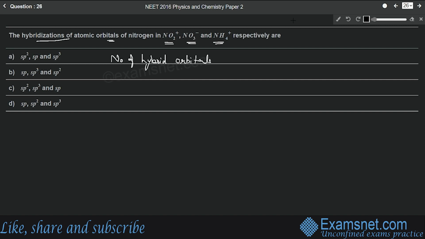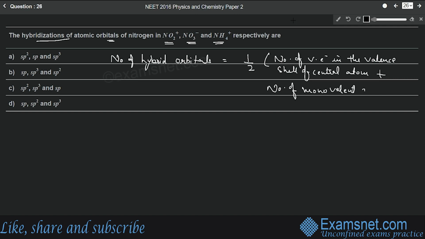What is the formula to calculate the number of hybrid orbitals? It is half of the number of valence electrons in the valence shell of the central atom, plus the number of monovalent atoms surrounding the central atom, minus the charge. Okay,